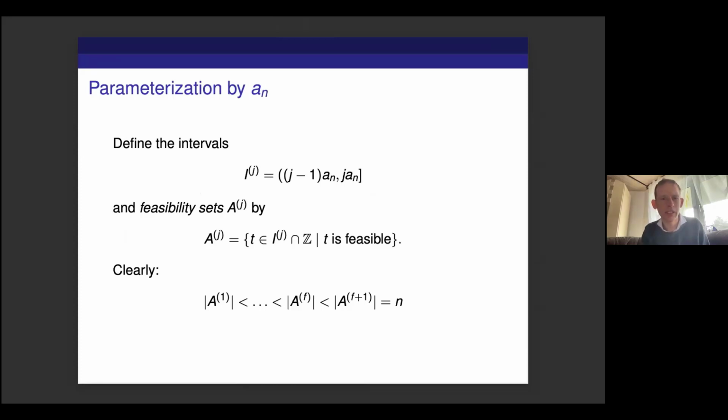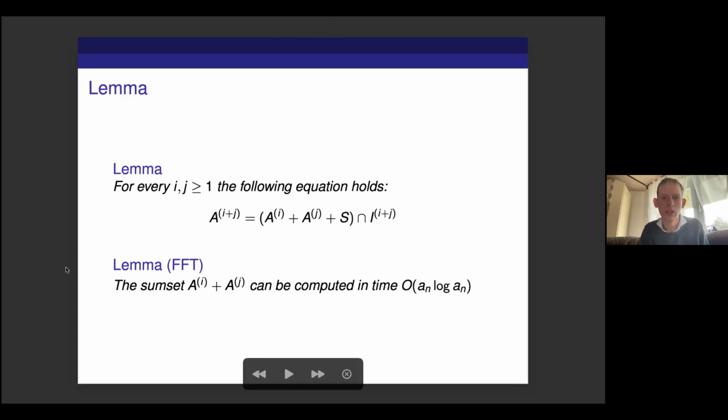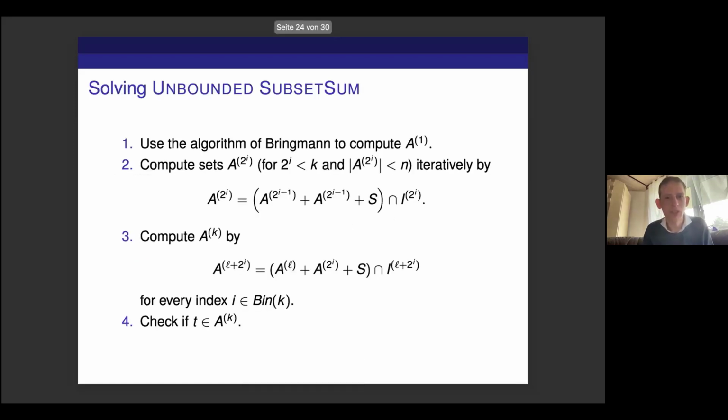And then essentially what we apply is also the sum set computation, which is the FFT approach that Carl was also talking about. And the idea for the algorithm is, I mean, this is similar to what the Janssen and Rohwedder algorithm does, but with a bit of a catch, because